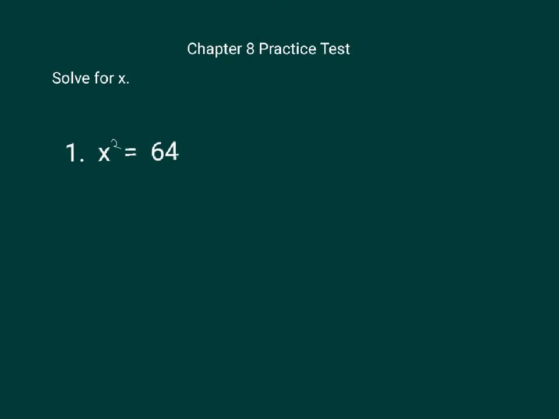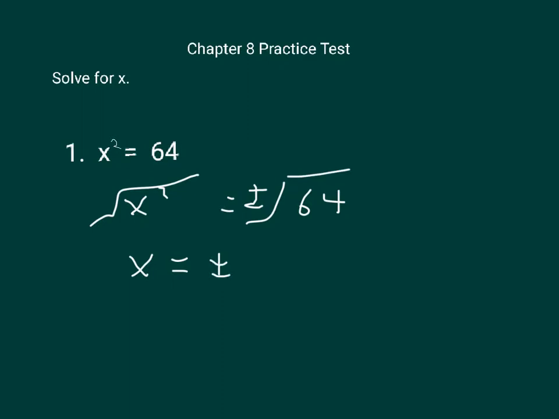x squared equals 64, so we can undo that by taking the square root of x. If we do the square root of one side, we have to do the square root of the other side. And over here, we also have to consider it might be negative, the negative root. So the square root of x squared is x, and we need both the positive and negative root of 64,